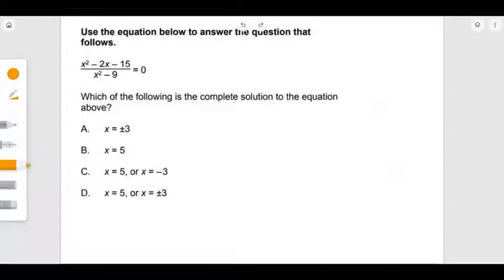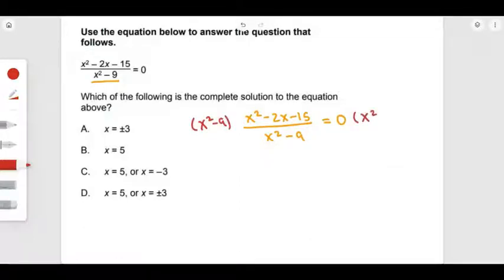It's similar to a quadratic equation as we simplify it. So the first step we need to do in order to get rid of the fraction is to multiply both sides by x to the power of 2 minus 9. This will help us solve the question much more easily. So we will multiply both sides by x to the power of 2 minus 9. And now we will have